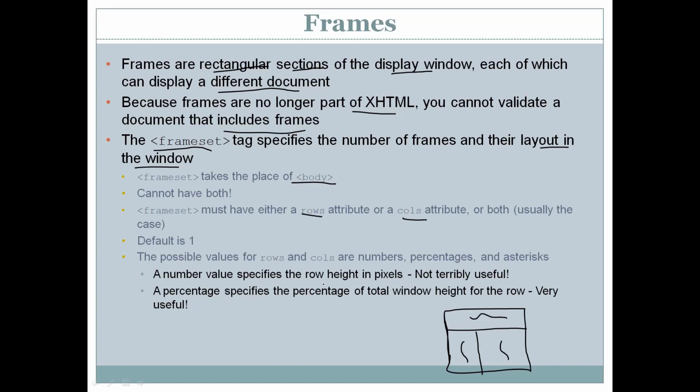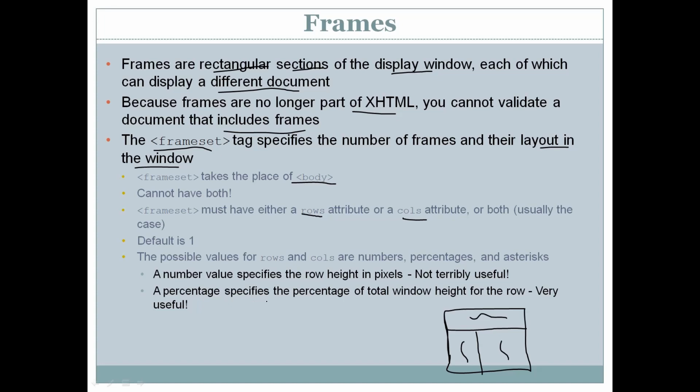The value specifies the row height in pixels. So if I am specifying rows equal to 10%, that is the height of the row. If a value for a column is used, that is cols equal to 50, the value is in pixels, a 50 pixel width for a column.